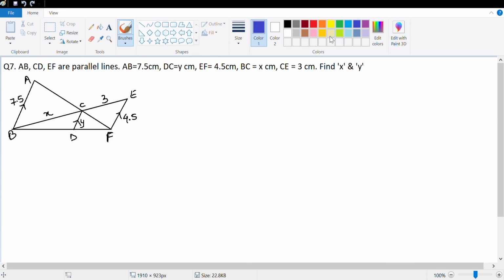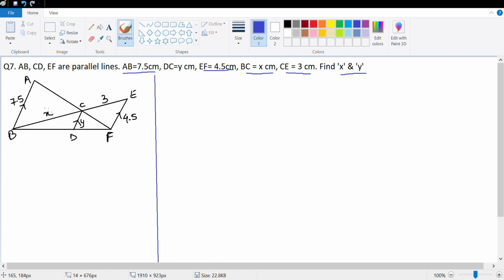Question 7 says A, B, C, D, E, F are parallel lines, and AB is equal to 7.5. So this is 7.5, DC is Y, EF is 4.5, DC is equal to X, and CE is equal to 3. Find X and Y. We've done a question like this in our previous exercise where we talked about trying to